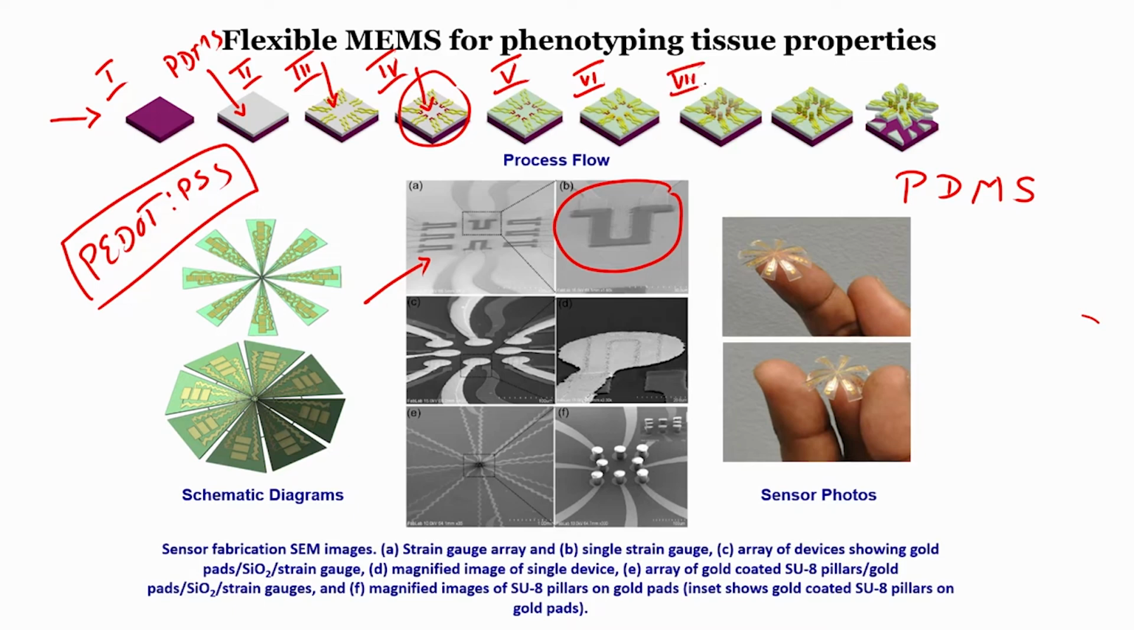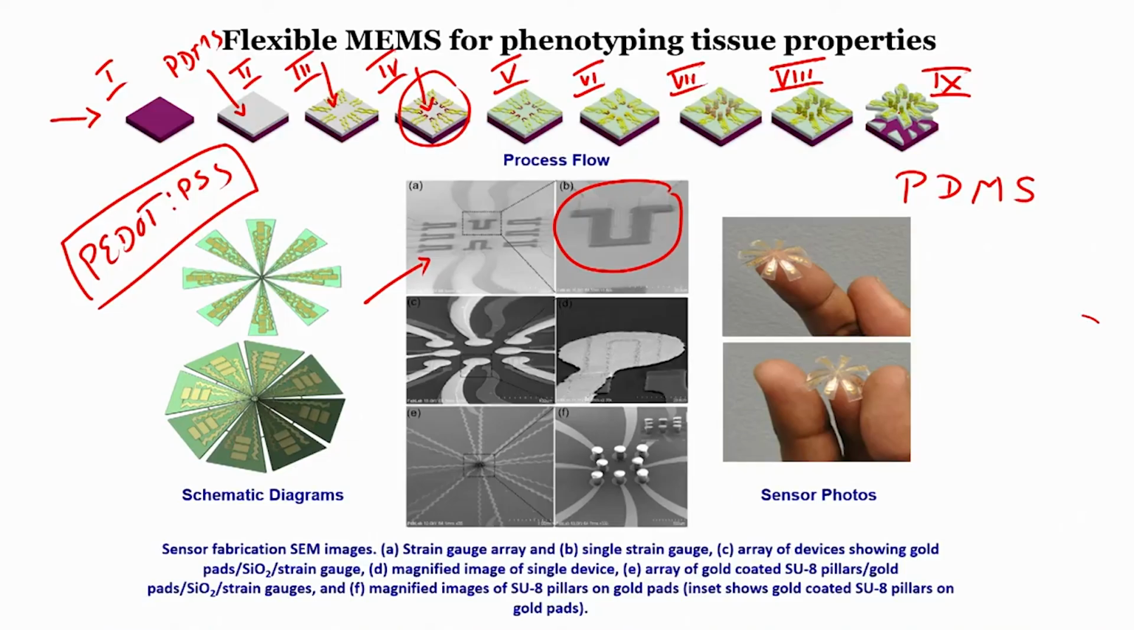Seventh step is to form the SU8 pillars, then the eighth step is to coat the SU8 pillar tip with gold, and the ninth step would be to strip the PDMS from the substrate. Now, a lot of steps I told and I am sure you do not remember, is it not? So, we will go one by one,